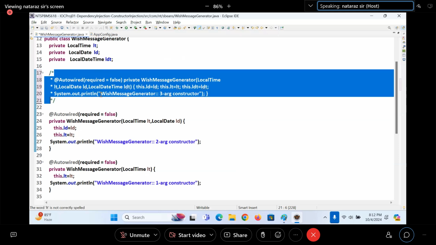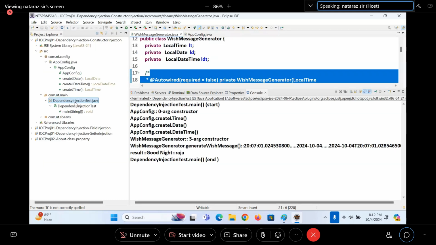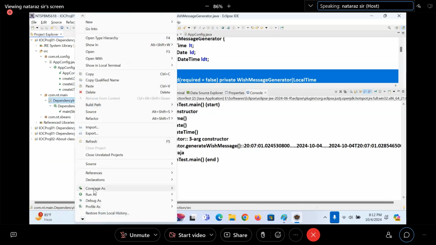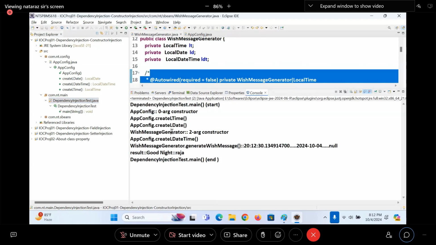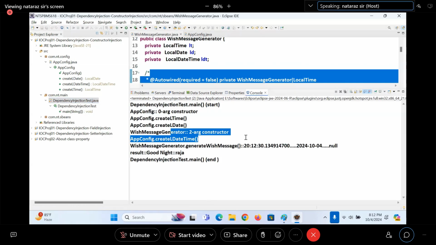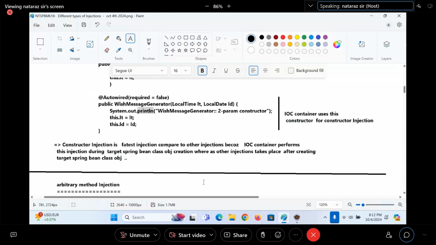The 3 param is commented, guys. In this situation, it will pick up what, guys? It is simply trying to use the 2 param constructor or not, guys. I want a reply, my dear.